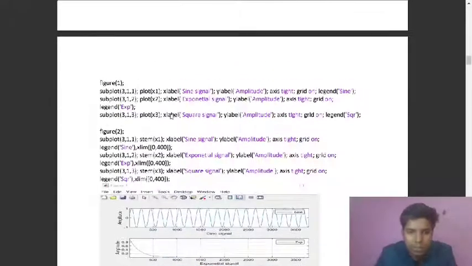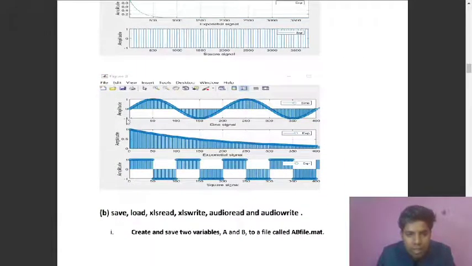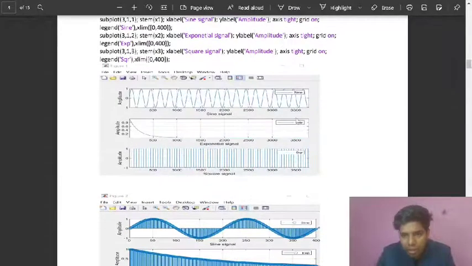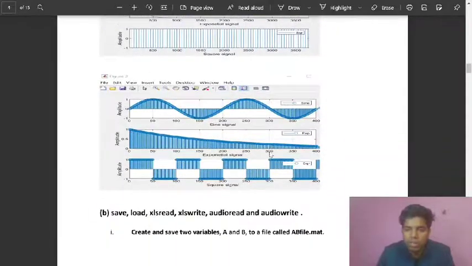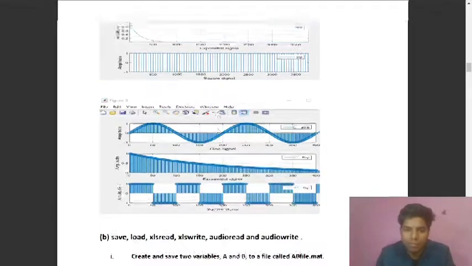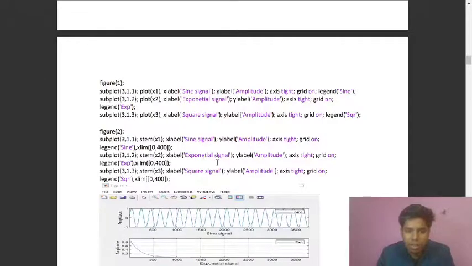After that we are using xlabel, which gives the x axis the name sine signal, and all these things are similar to the previous legend. But here you have to see we are using xlim. This function sets the x axis limit from 0 to 400. As you can see, it has set the axis from 0 to 400, but in this case it was from 0 to 3500. We do this so we can see a clear line, otherwise it would be merged and look like the whole graph is painted. Same we are doing for the second, exponential, and third.